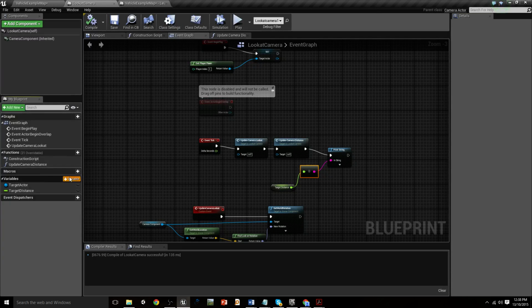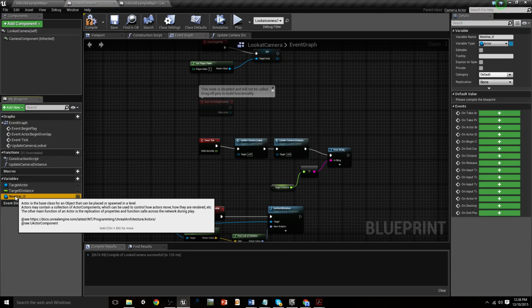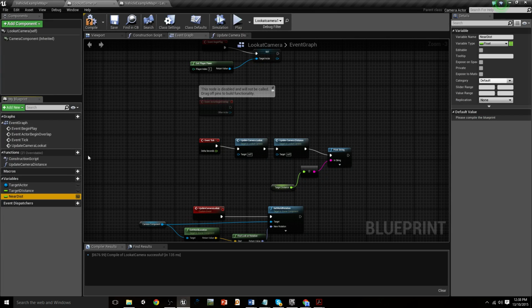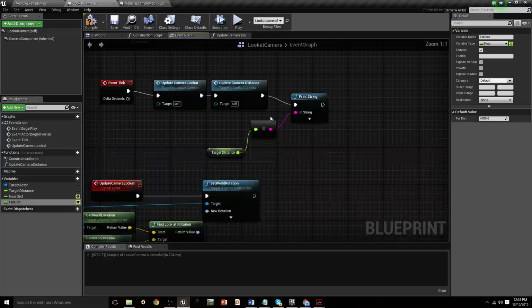So let's create 2 new variables, and we'll call this one near dist, and we'll make it a float, obviously. Sweet. Duplicate that and make it far dist. That's cool. We'll expose both of those, and we'll compile them, and we'll set the near distance default to be 1,000 and the far distance default to be 4,000. Okay,